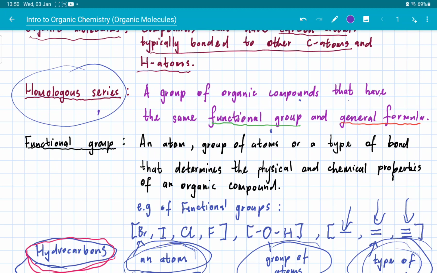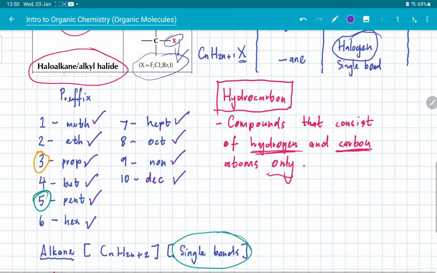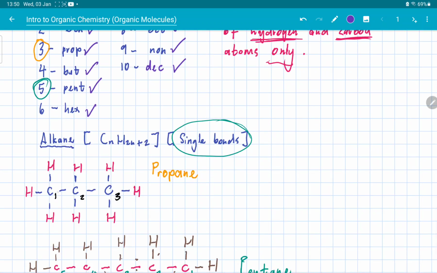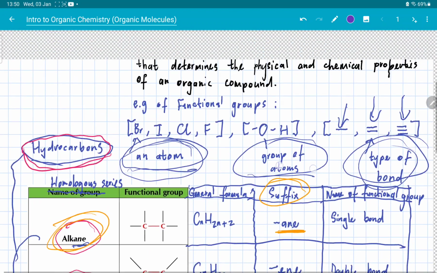A homologous series is defined by a group of organic molecules that have the same functional group and general formula. For the alkanes, the functional group is the single bond. It is going to be the single bonds between carbon atoms. And then now